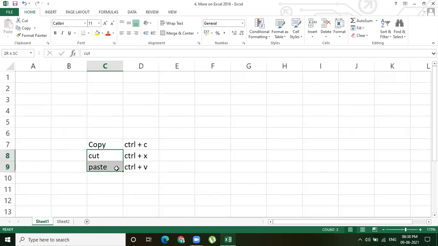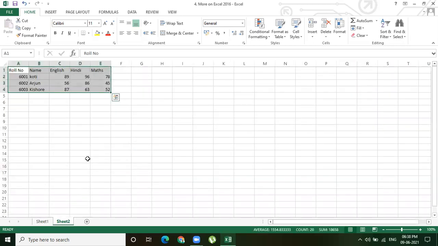So when we use cut and paste, the data will be moving from one sheet to another sheet. When I use copy and paste, it is nothing but making the duplicate data. In both the places, the data is available. So you should understand the difference between copy and cut.